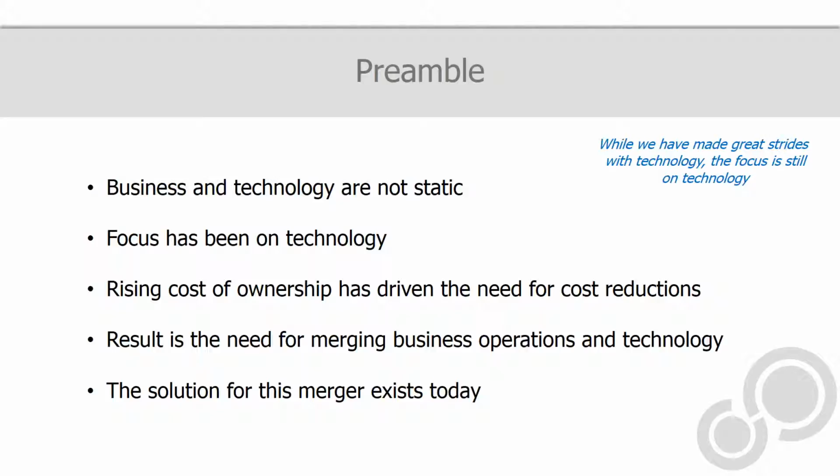Before I get started, we've made some really great strides with technology today. If you look back compared to the 40s and 50s, some of the things that we have today are just incredible. Look at our smartphones as a good example. Just like technology, both business and technology are not static. They're constantly evolving. They're very dynamic. One thing is, though, the focus has been on technology. It seems like we lead with the technology, and then our business operations follows the technology